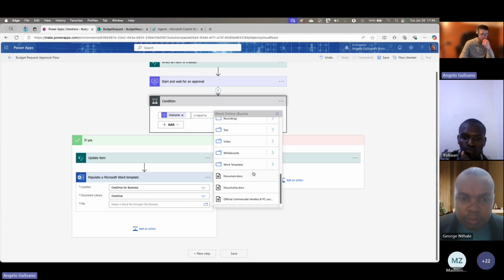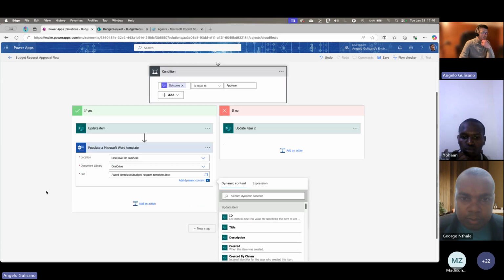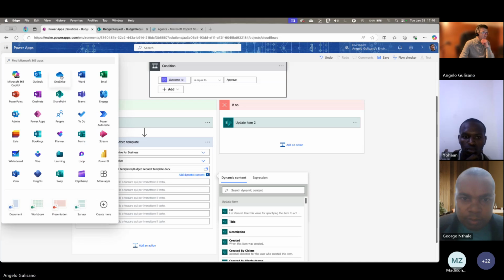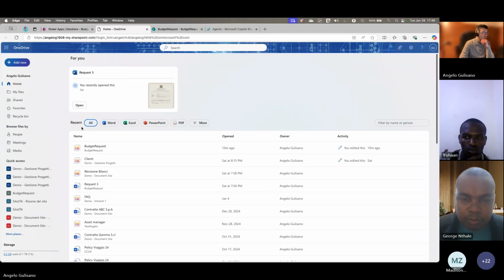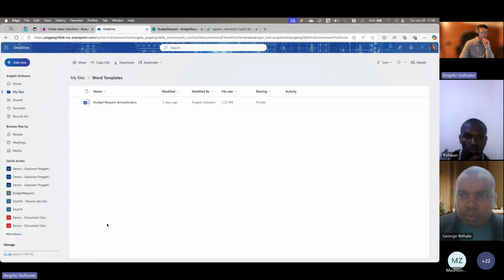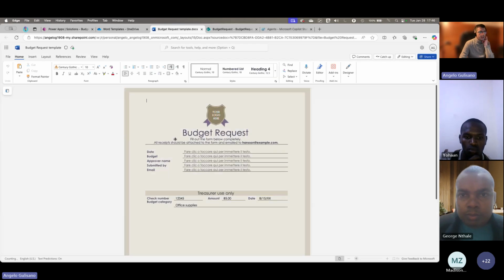Word templates. Okay, budget request. And here I can show you the template. It is a simple template with date, budget, approval name, submitted by email, etc.